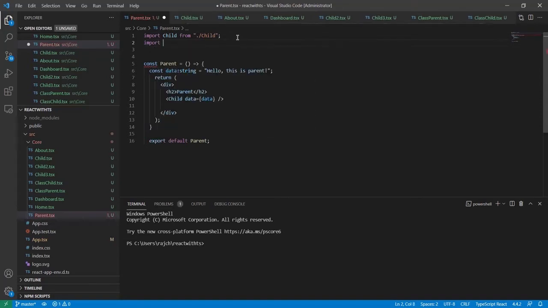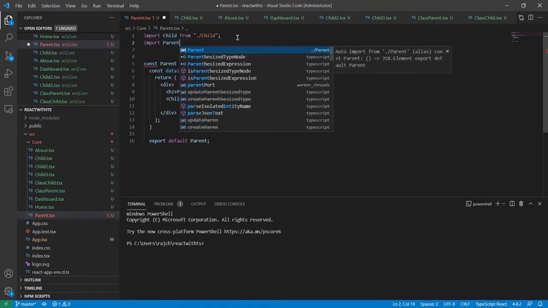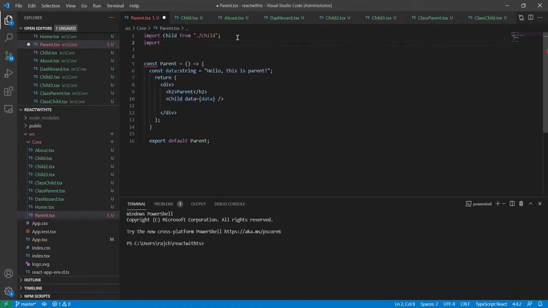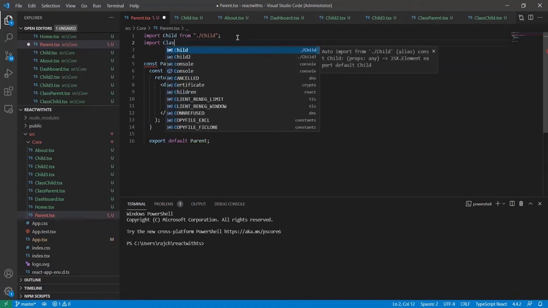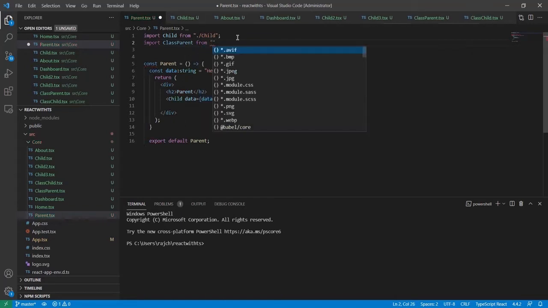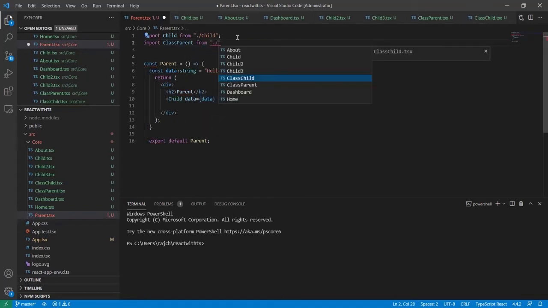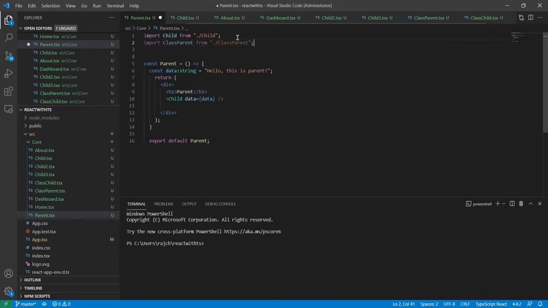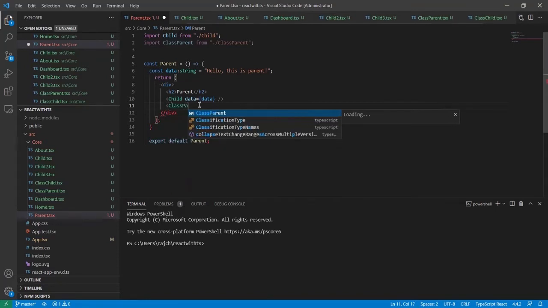Import class parent from class parent. Okay, and here I will put simply class parent. Okay, and that's it.